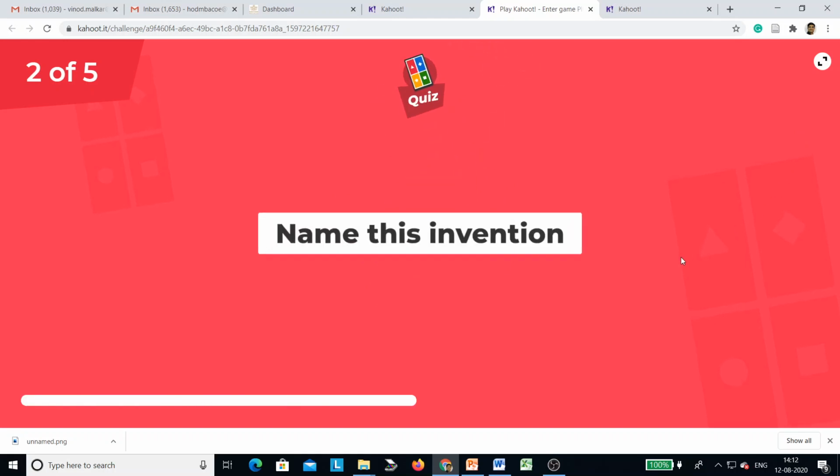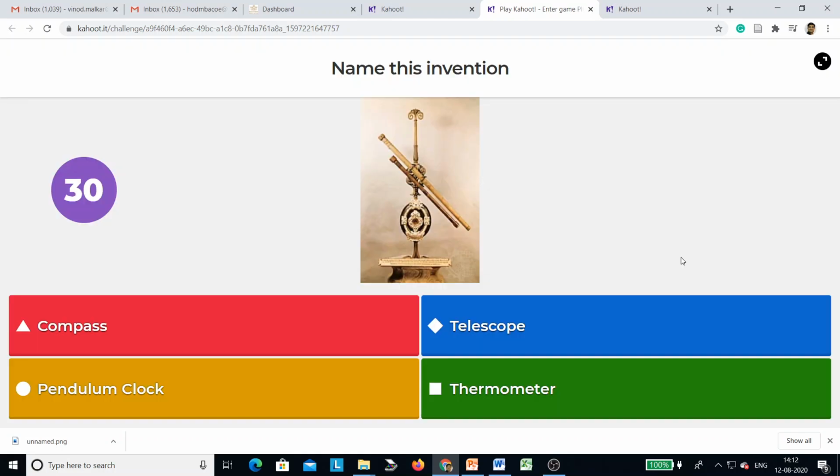Name this invention, and again the question options: compass, telescope, pendulum, thermometer. I think it's a pendulum clock.